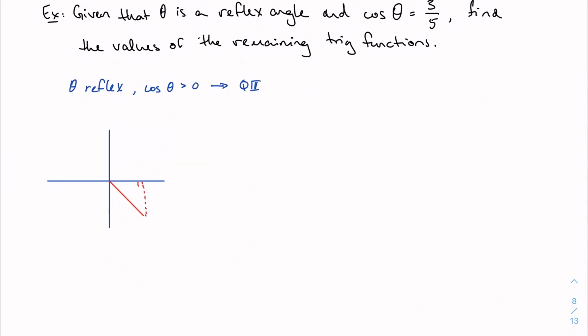I would drop a perpendicular. This is theta, but as we know, we can do everything based on our reference angle. And so I'm going to draw my triangle so that it's oriented the way that it is in the coordinate plane, right? And we're working off of here. If cosine theta is 3/5, then adjacent side is 3, hypotenuse is 5, and this is a right triangle. Whether we called this 3 and 5 or 3/5 and 1 is not important right now. Proportionally, it all still works out. Well, that, of course, tells us that our opposite side is 4,